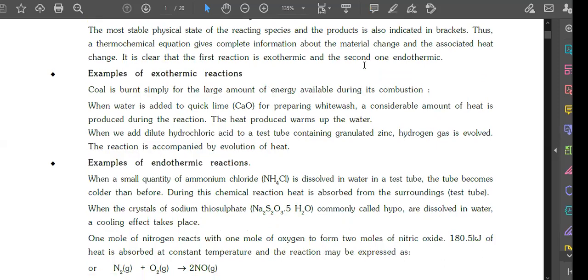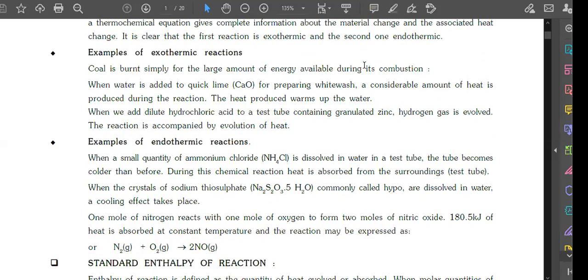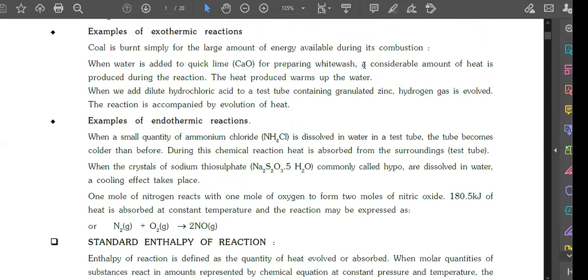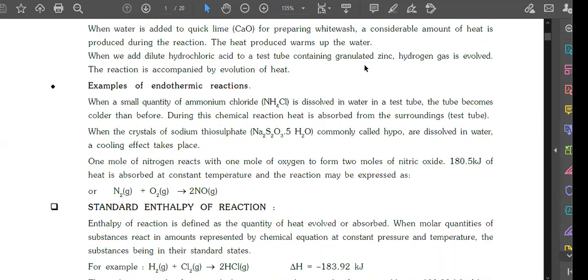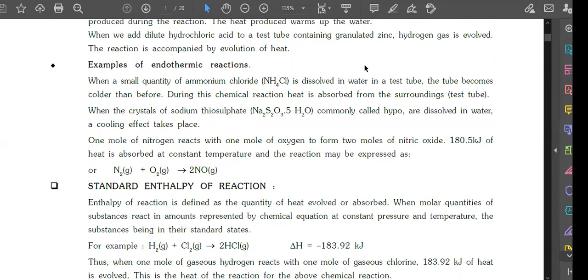Okay, everyone. Now, what is standard enthalpy of reaction? That is your delta H that we have already studied, right? What is delta H? Delta H